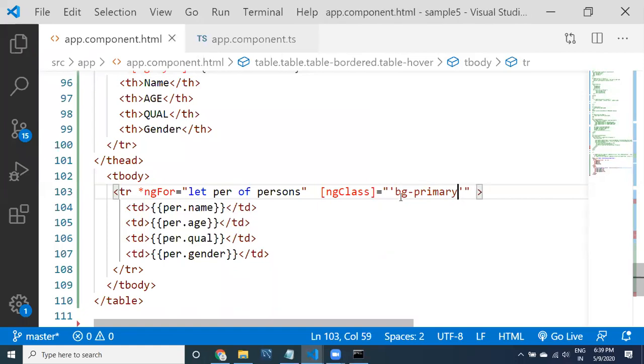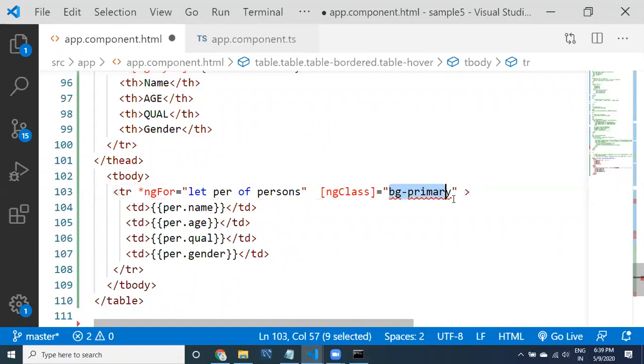If you want to apply anything directly, you need to provide single quotes. If you don't provide single quotes, that means it is a property, and it is looking for the property. This bg-primary is not a property, sorry, it is the class coming from Bootstrap CSS.